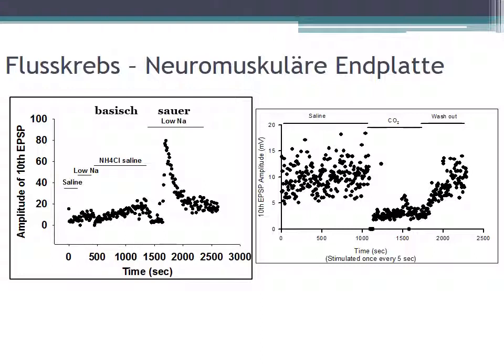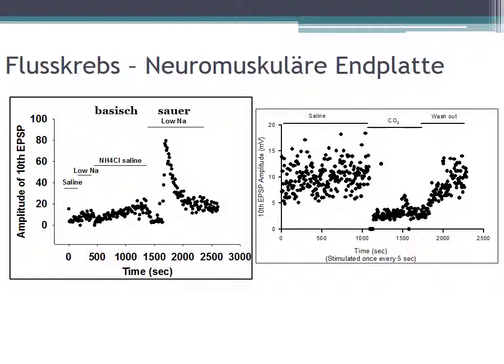And so we did basically the same thing with CO2 in comparison to the ammonium washout method. So here again you can see the amplitude of the EPSPs on the y-axis, and the time on the x-axis. And here again each dot stands for a preparation. So first in saline, you can see that the amplitude is basically at the same level. The scale is a little different here in comparison to the left graph, so don't get confused by that. It's only going up to 20 millivolts, and on the left side it's going up to 100 millivolts, so you can't compare it exactly. And so after a certain time we added the CO2, and what you can see is